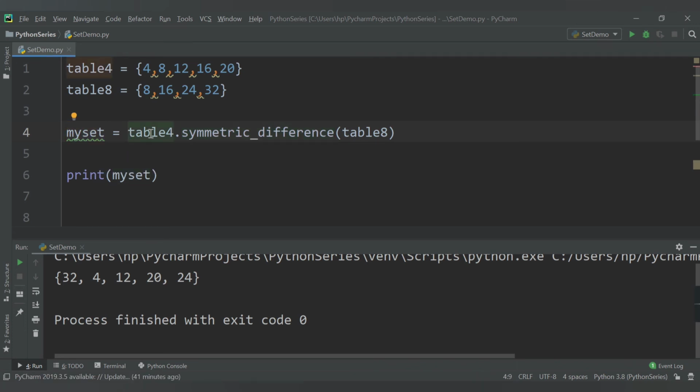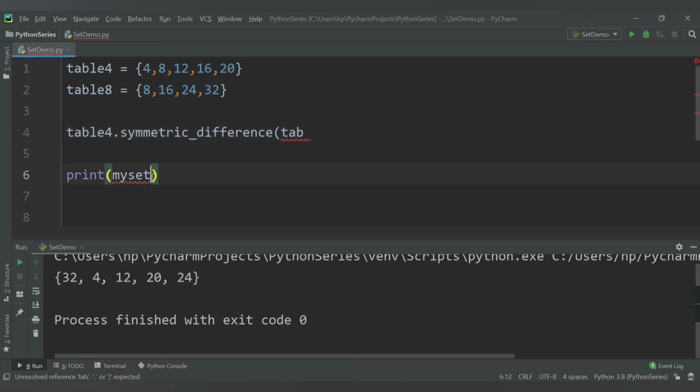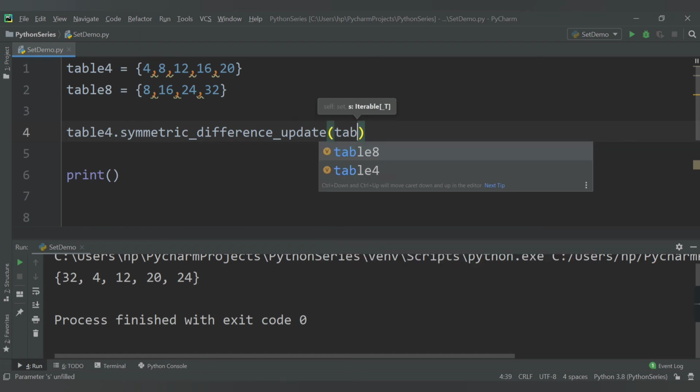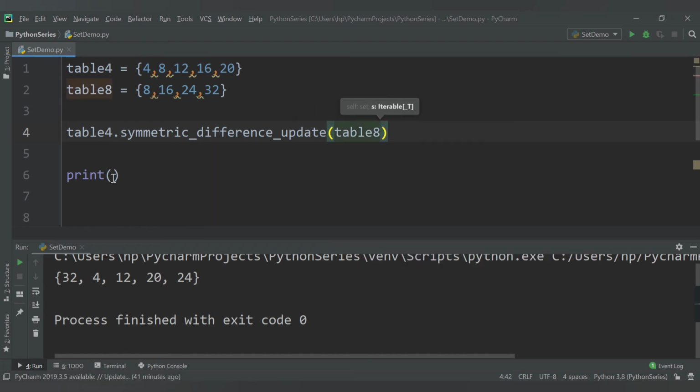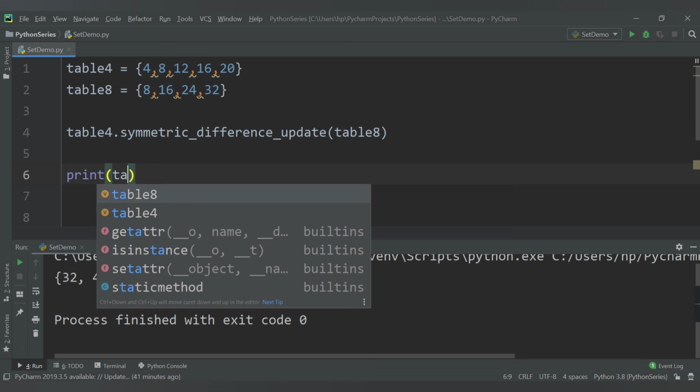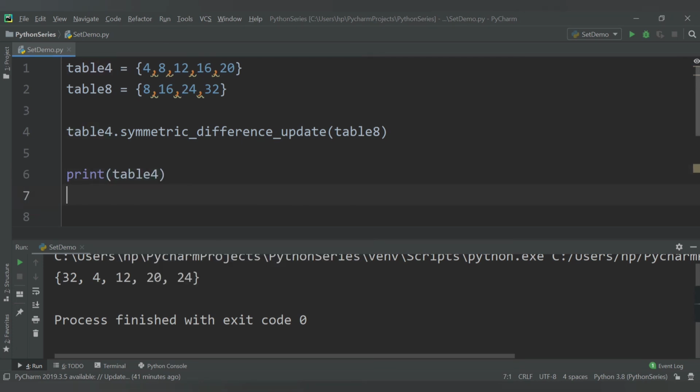What if you want to update the existing set only? You can directly say table 4 dot symmetric difference update, with table 8, and then print table 4 and table 8.